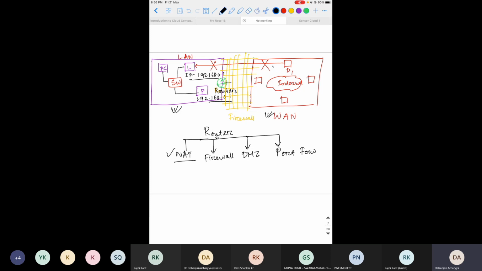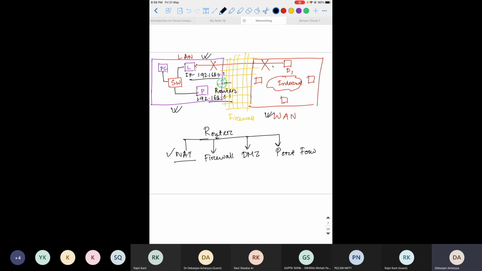So by using NAT, the router translates the IP address in the local network to a different address, and then exposes that to the internet.